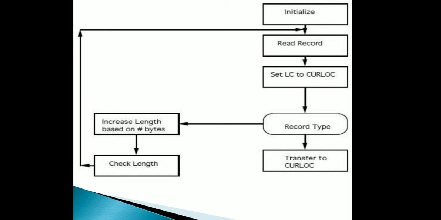Okay. So the loader should read one record at a time, moving the text to the location specified on the record until the transfer record is reached. Here the assembled instructions are in core and it is only essential to transfer control to the entry point specified on the transfer record. Okay. A flowchart of this process is shown in this figure. All of you got it?